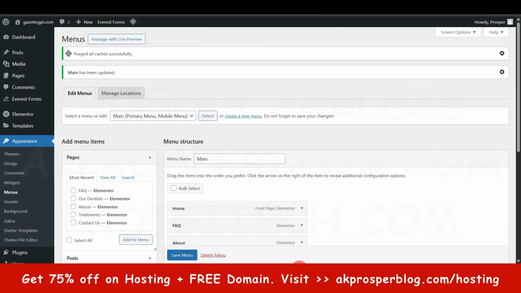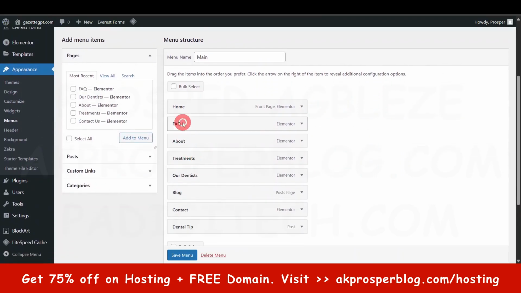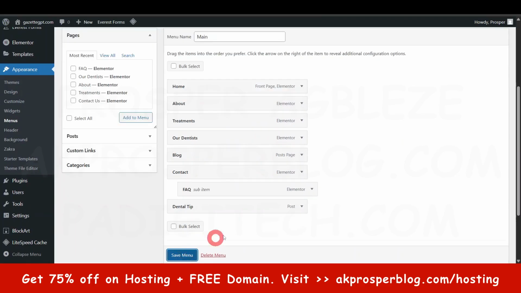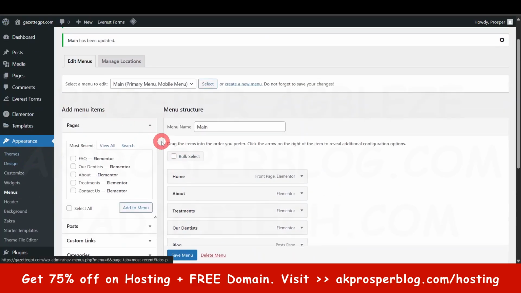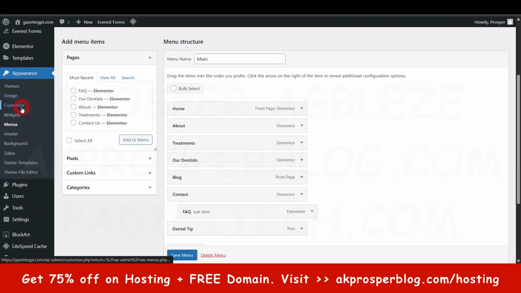Now the next thing we want to look at is the customization option. All right, so let me save this. Right, so that's saved already. So for the customization option, if you come to appearance and then you click on customize, okay,